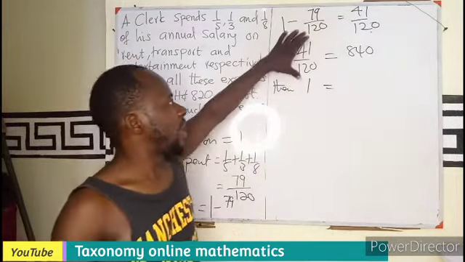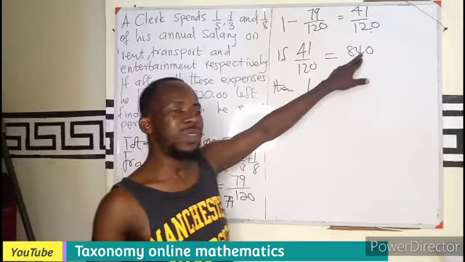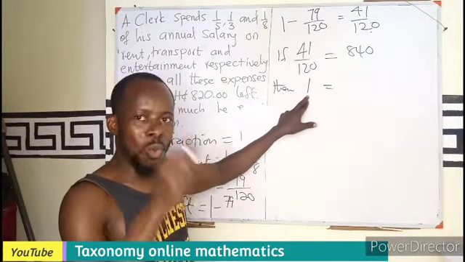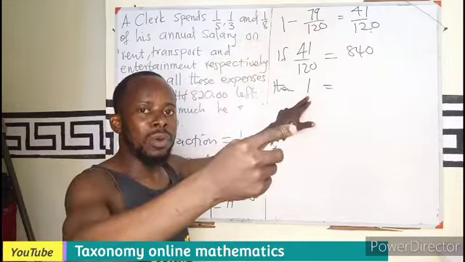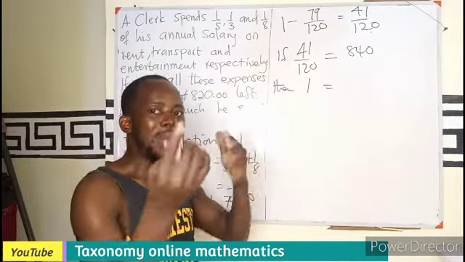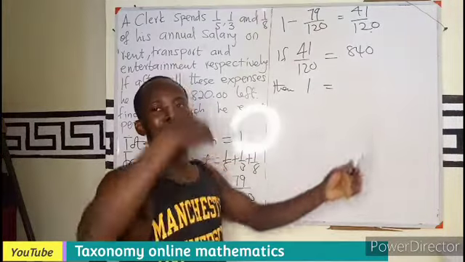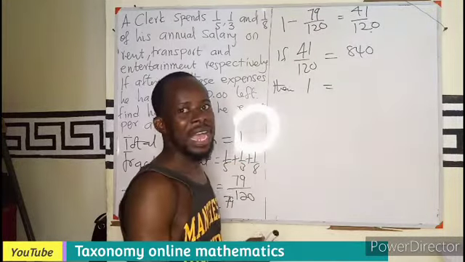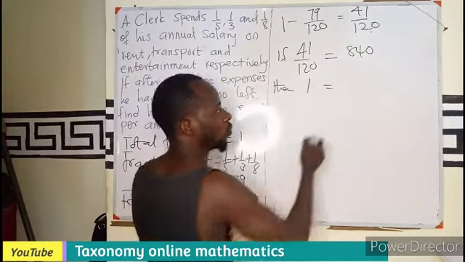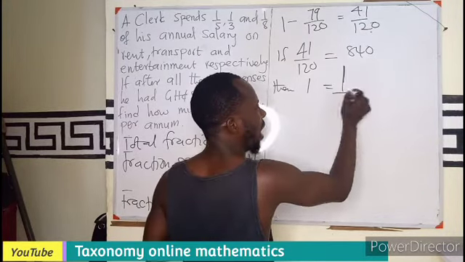So if a fraction which is less than 1 produces this, then the fraction of 1 itself will produce more, or definitely the amount per month will be bigger than what is left. So if the amount is going to be more, then let's divide. We are comparing fractions. So 1 over